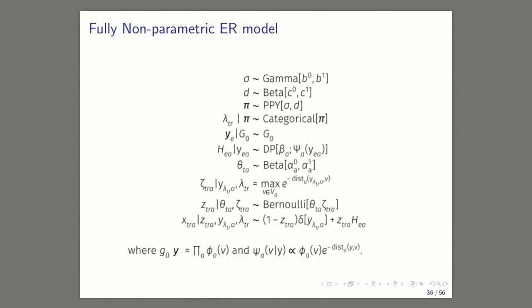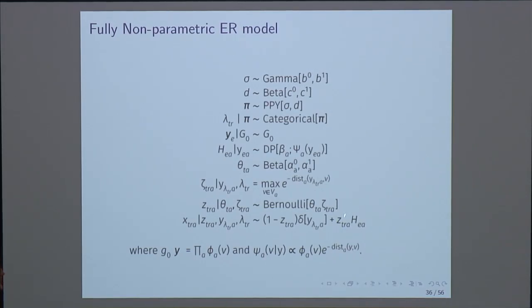So what we're looking at now is we still have the same basic type of likelihood function here. However, we're going to replace this with a non-parametric distribution. So we're going to replace this with an HEA, where this is a Dirichlet process with parameter beta A, and this is the same psi that we looked at earlier, which crucially depends on the latent entity. Now, the latent entity is coming from G naught,